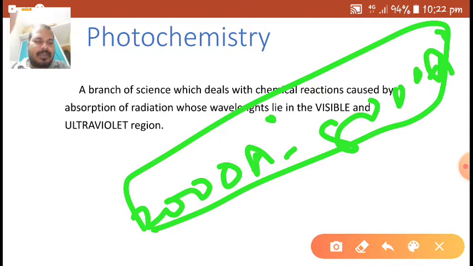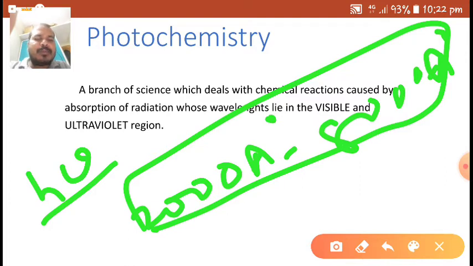A photon being the primary unit of radiation, photochemical reactions involve the absorption of photons. The reactions which can be brought about by exposure to such radiations include combination, oxidation, reduction, decomposition, hydrolysis, polymerization, etc. Ordinary reactions are generally referred to as thermal reactions and are usually accompanied by decrease in free energy.